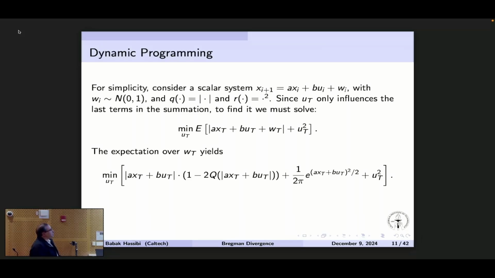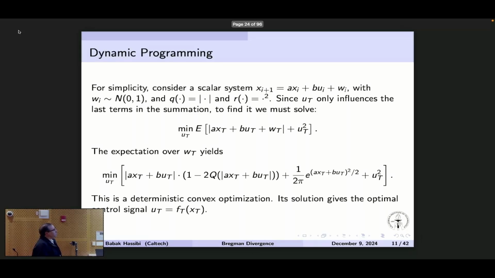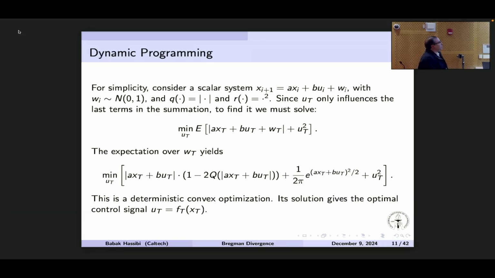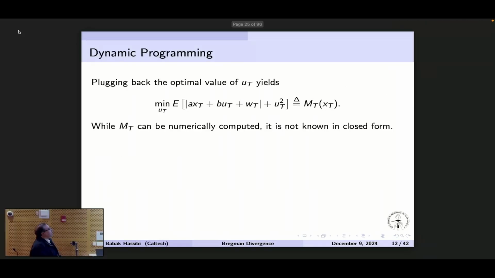This is convex, so I can numerically minimize it if I know what x is, and a and b I know. And so you minimize it, you get your u. Okay, so I can numerically compute this, and I can take this u, plug it in, and I'll call this thing m. This is like the cost to go. So if I'm sitting at time capital T, and I minimize this from the vantage point of the time before me, this is the optimal cost to go. It's sometimes called the value function. And as I said, you can numerically compute it, but I don't know it in closed form. Already, before the minimization, it already had Q functions and whatever in it.